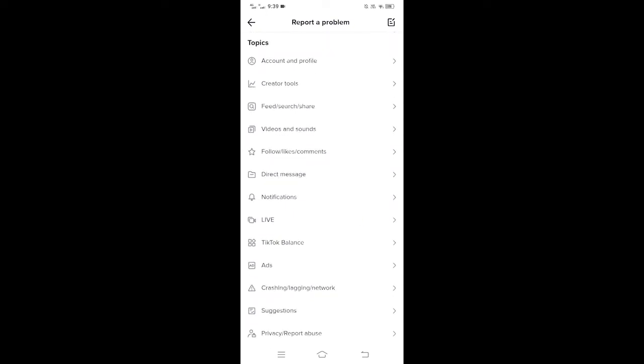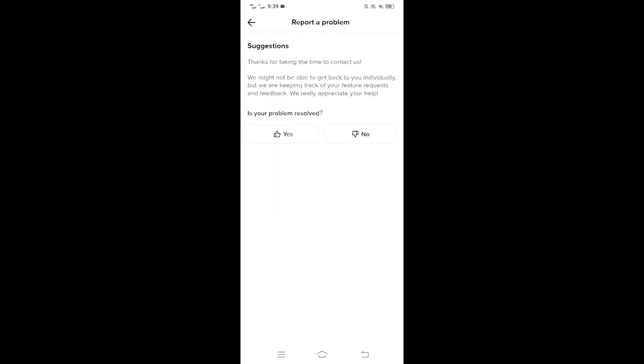and then just simply tap on suggestions, then tap on no, then tap on need more help. So just simply tap on this, and then just simply give your feedback here, and here you have to give your screenshot. And let me tell you that you have to take screenshot from here,